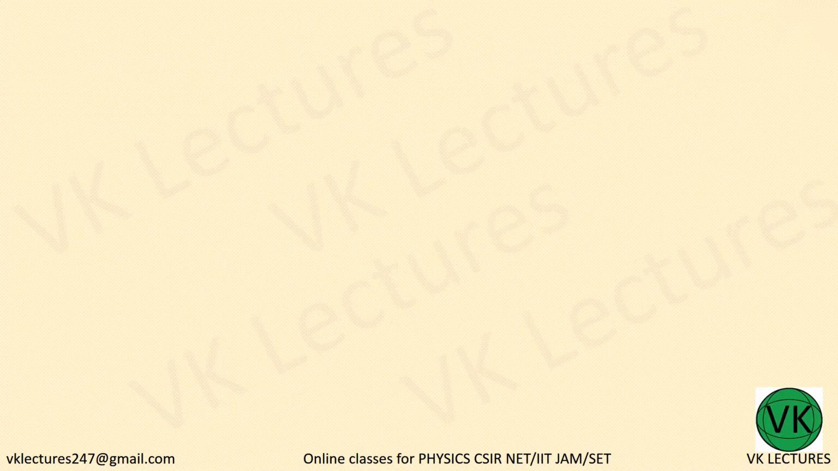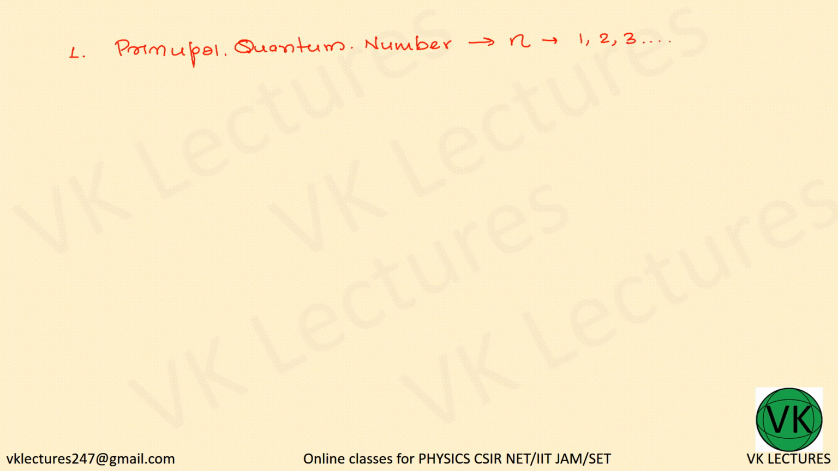Quantum numbers. We are starting with the principal quantum number, which is given by the letter n, and n can have values 1, 2, 3, etc. Now a quantum number is something that quantizes some quantity. So which quantity does it quantize? It quantizes energy,